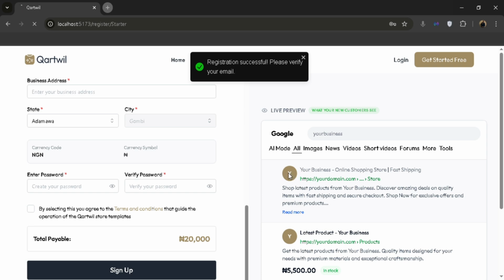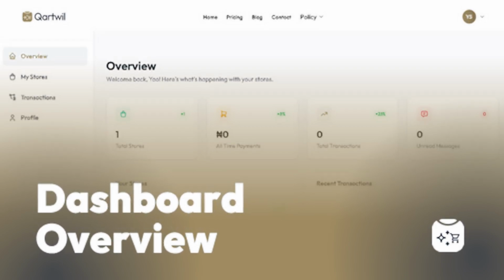So that is how you get started on Qartwil. Next tutorial would be navigating the dashboard, and we'll do that